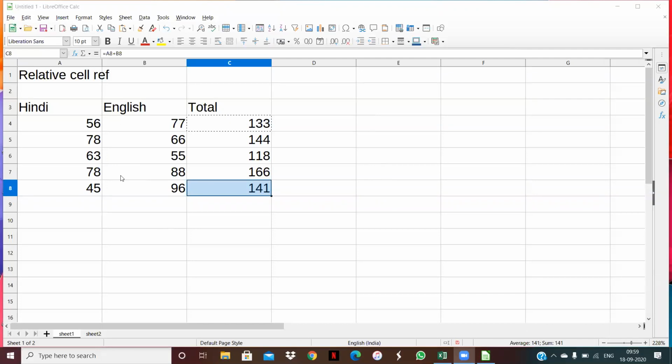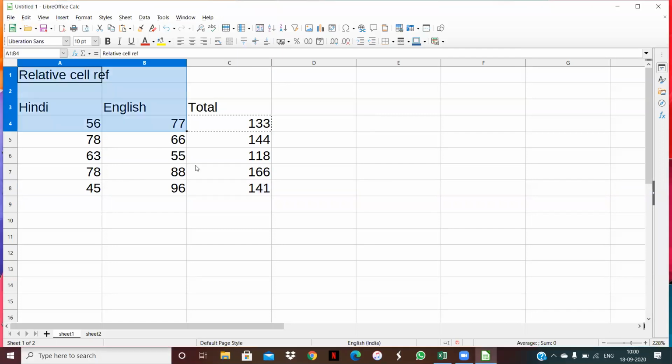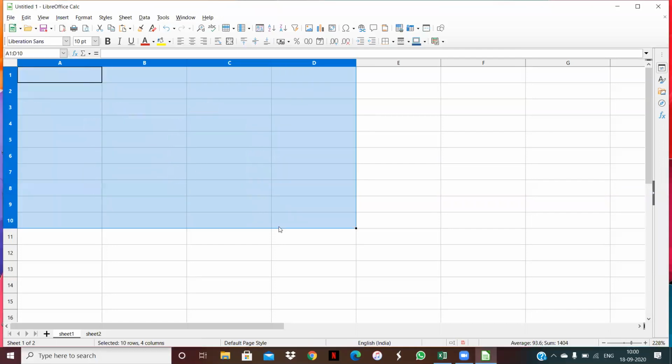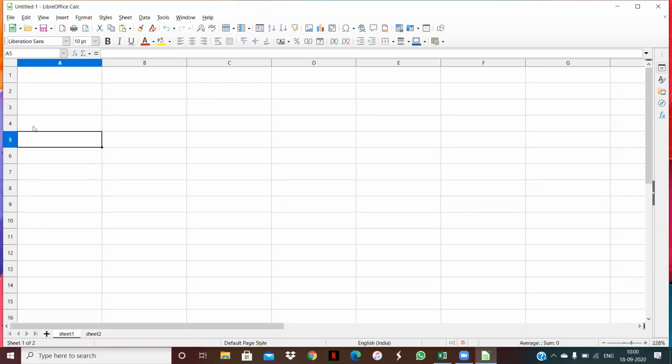My dear students, absolute cell reference means we want to fix the value of one cell and change the values in the rest of the cells. Suppose I delete all this content, and now I want to make a table.